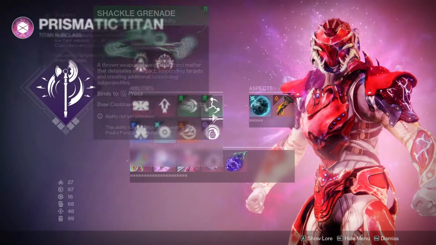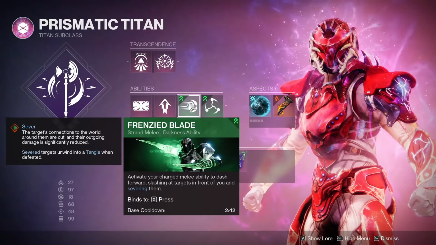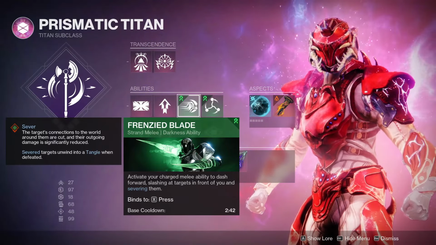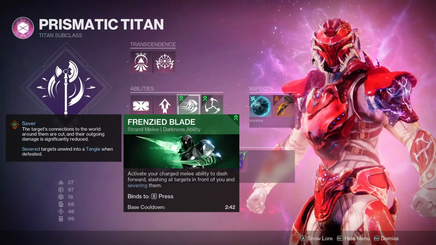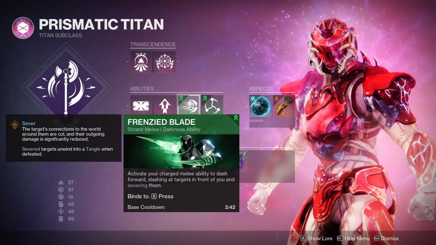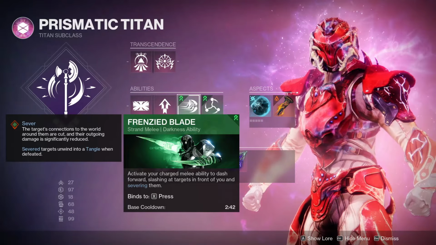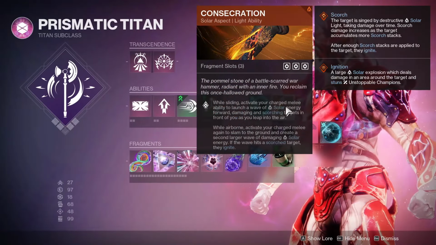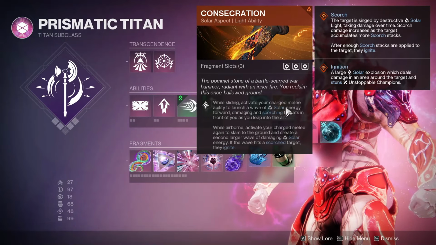Anyway, so then obviously, for the build, this is the main thing for this build, right? So you're going to want to pay very close attention, and you will need to run these abilities. You will need to run Frenzied Blade. The reason you're going to run Frenzied Blade is because it's the main component of this build, because without this ability, it's just not going to do the maximum damage. Because Frenzied Blade holds up to 3 charges, and by using Consecration, you can do your Mega Slam,